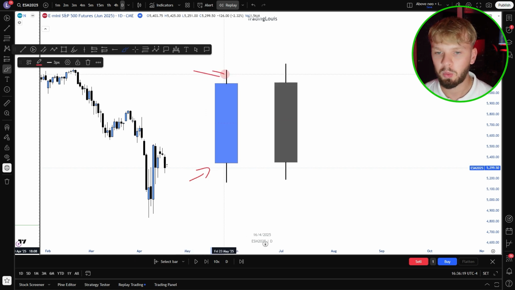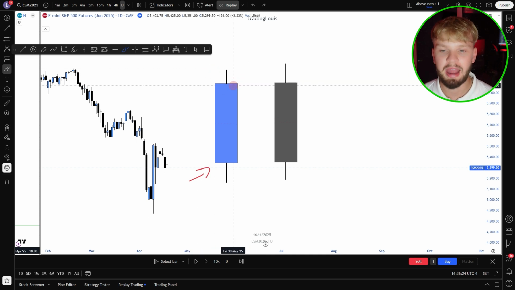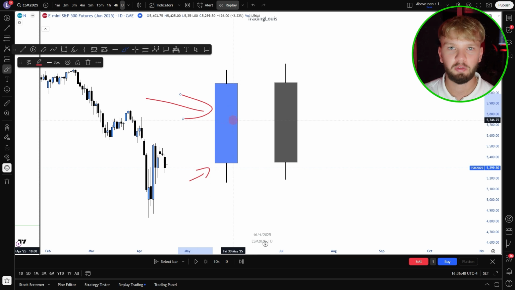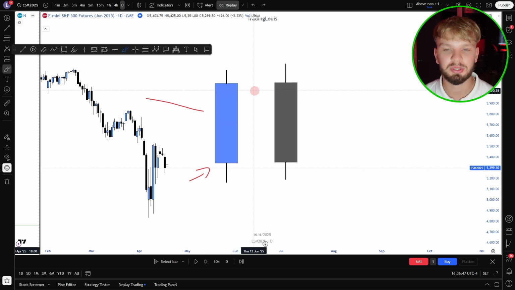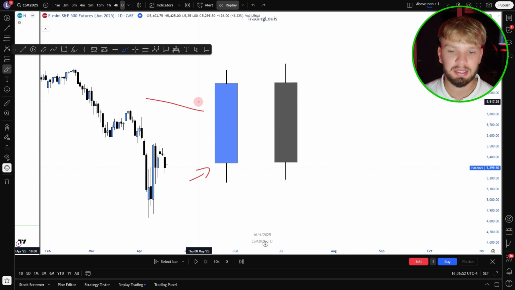Now, you might be wondering, what is this black line right here? This is called a wick. So every candle represents a different time frame. If you look at the top left of the screen, we have the daily, the 4 hour, all of these are different time frames. So whatever time frame I'm on, for example, right here, I'm on the daily time frame. This means that this candle right here represents 1 day. So at the start of the day, we'll get the open, and at the end of the day, we'll get a candle close. And then these wicks right here are where the price action has been during that time,